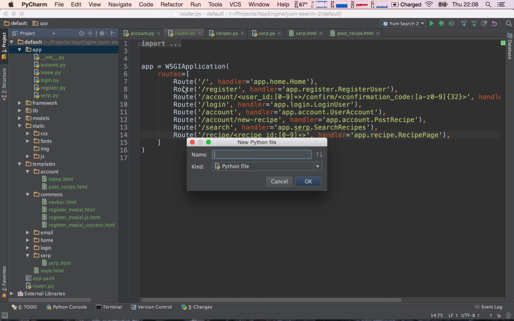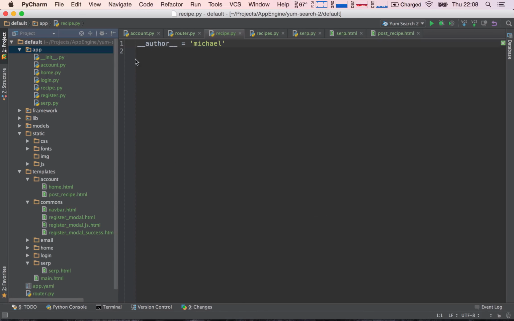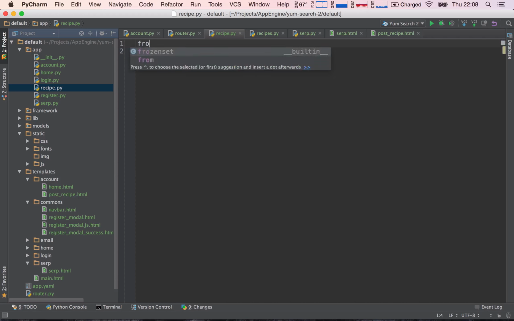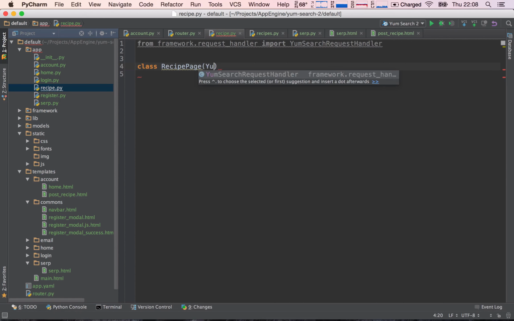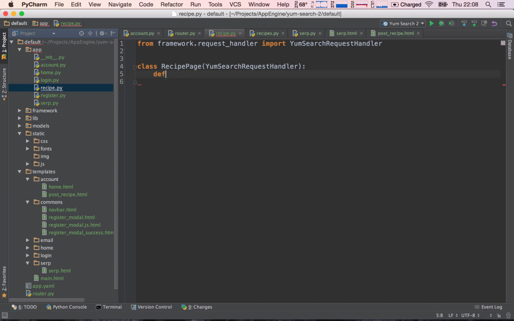So new Python file, recipe. And the same as usual, we will do from framework.requestHandler import YumSearchRequestHandler. Class RecipePage extends off of the YumSearchRequestHandler. Def get, because it's going to be a get request. And now actually inside of this def get, we need to pick up the recipe